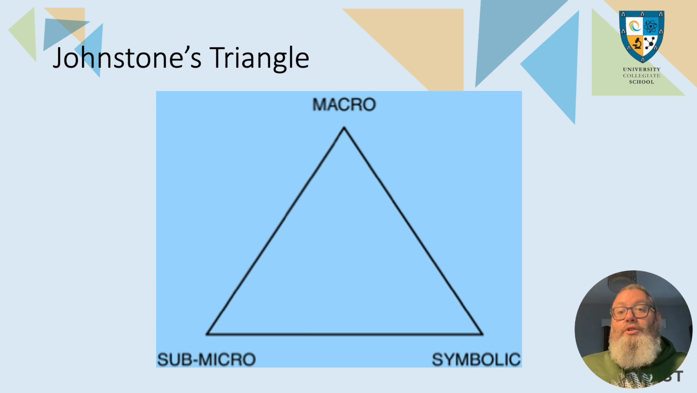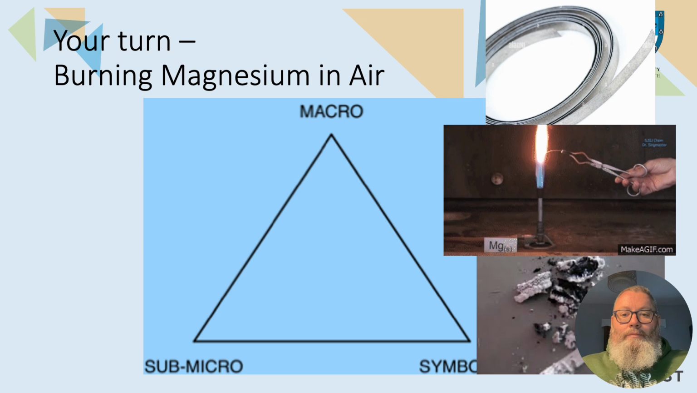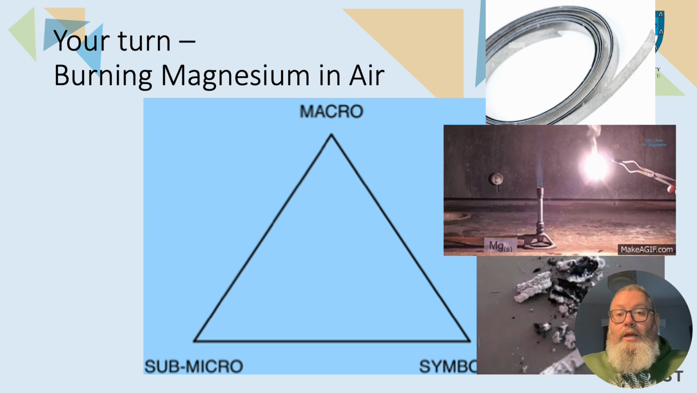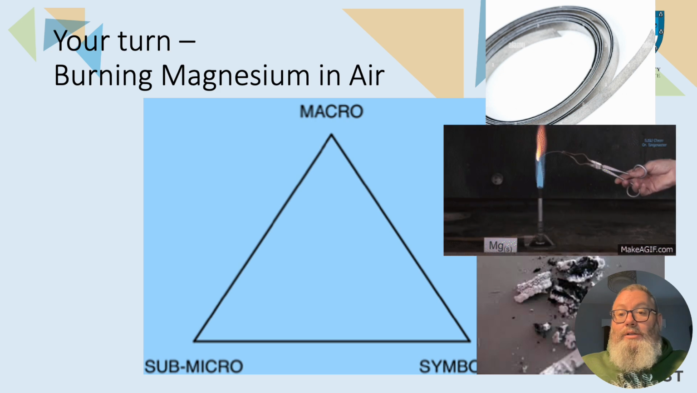So we've used Johnstone's triangle to look at a chemical process, the dissolving of salt into water. Not a chemical reaction, but we can also apply this to chemical reactions, and that's what you're going to do now. So now it's your turn. I've put some pictures on the right hand side and an animation of what the magnesium looks like before the burn,